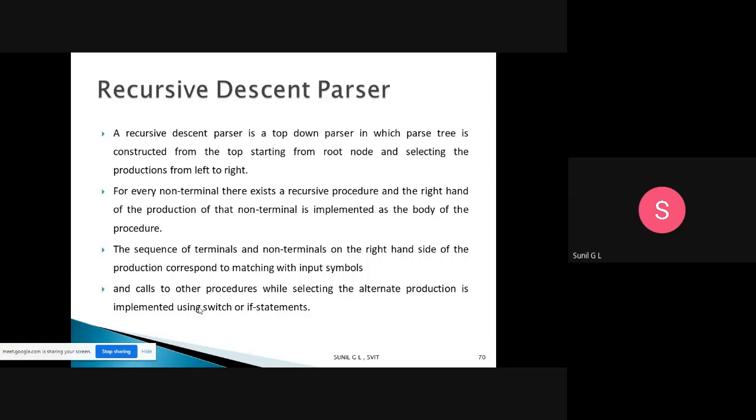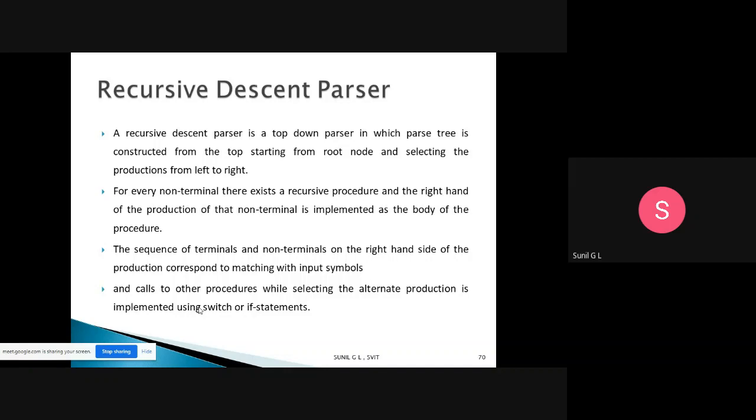In that we have two things: a recursive descent parser with backtracking, and a recursive descent parser without backtracking. So what is a recursive descent parser? A recursive descent parser is a top-down parser in which the parse tree is constructed starting from the root node and selecting the productions from left to right.